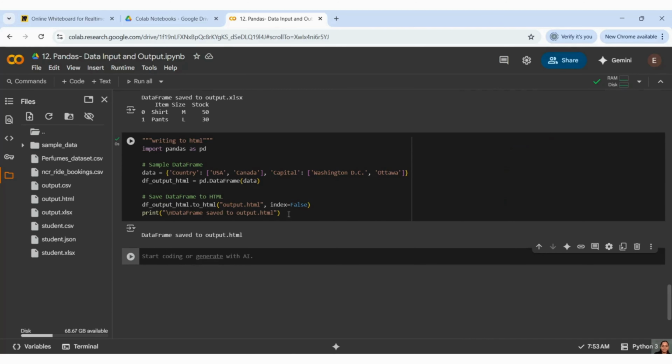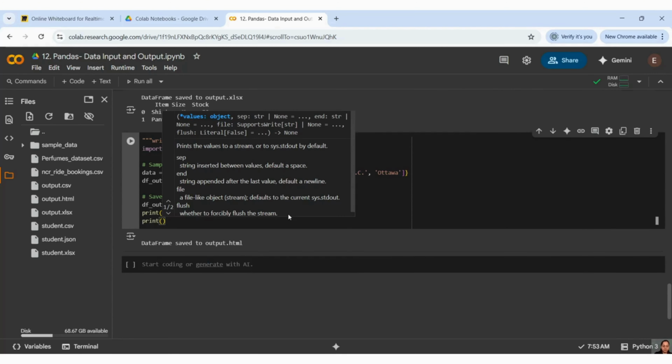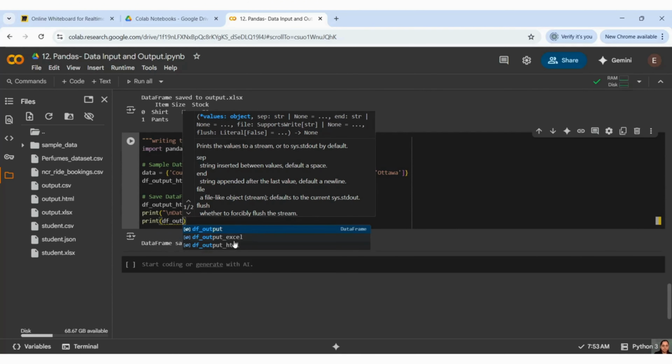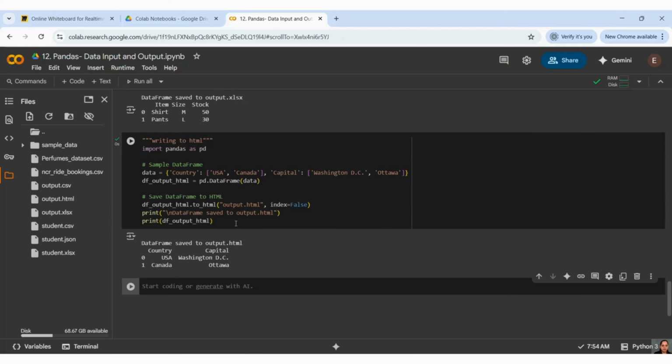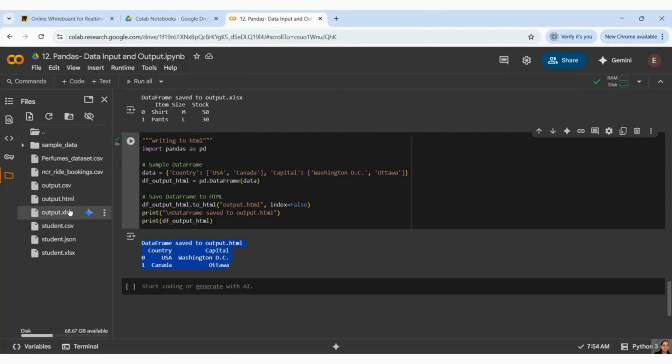Now let us see the output here. What is the output we are getting? df_output. See, this is how my data frame is, but that is how your HTML file looks, right? The same thing got presented in HTML table format, like TD, TR and all. And if you download this and open it in a web page, let me download this.